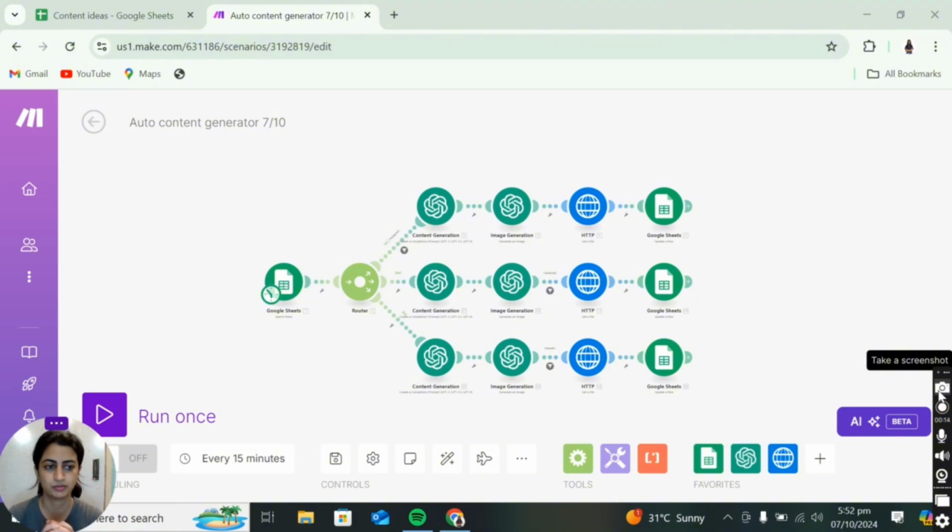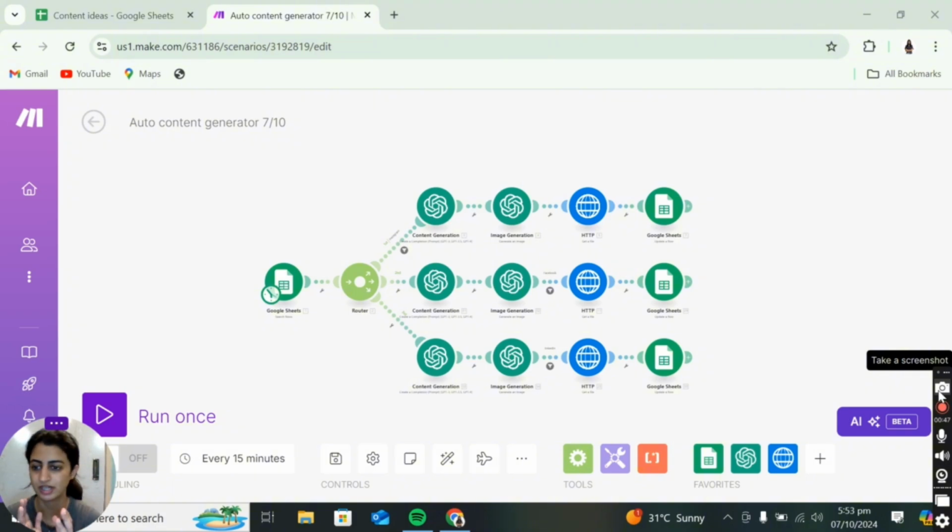So one of the most agonizing things to do after a long day is to think about what you're going to post, make a caption for it, keep prompting ChatGPT for it, and then waiting for the right responses. I really wanted to build something that would help me automate that task so that I could wake up in the morning and my Google Sheet would already be filled with the raw data of the content that I can post on any of my social media platforms. So this automation helps us do that.